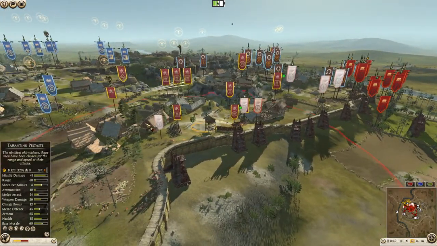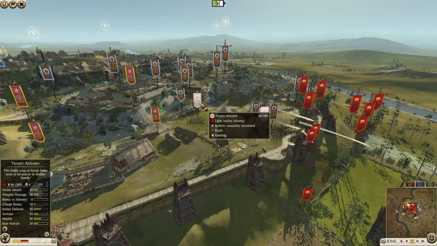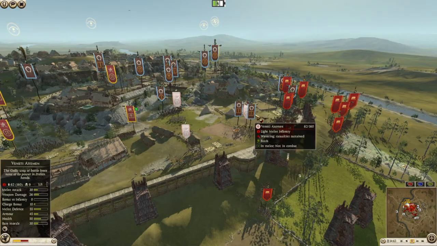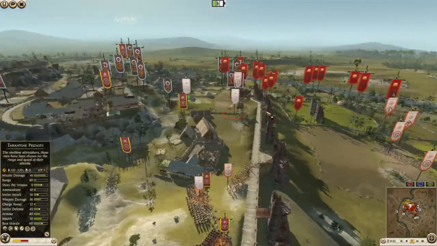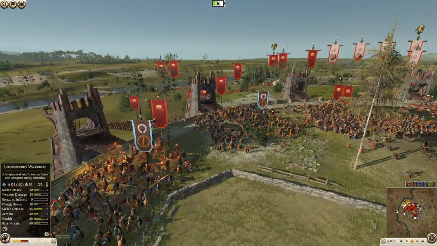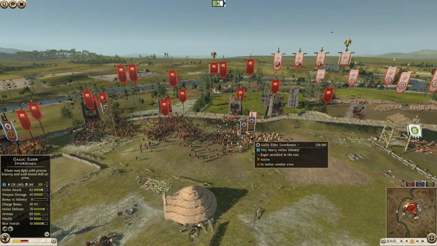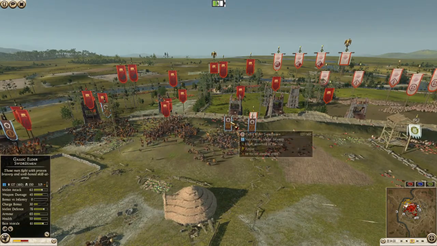We just have routing from Venete left and right. I mean, it's not surprising. These are kind of cheaper throwaway units. Rome is really trying to pour in some troops to break the defense over here, but Insuberes are just...